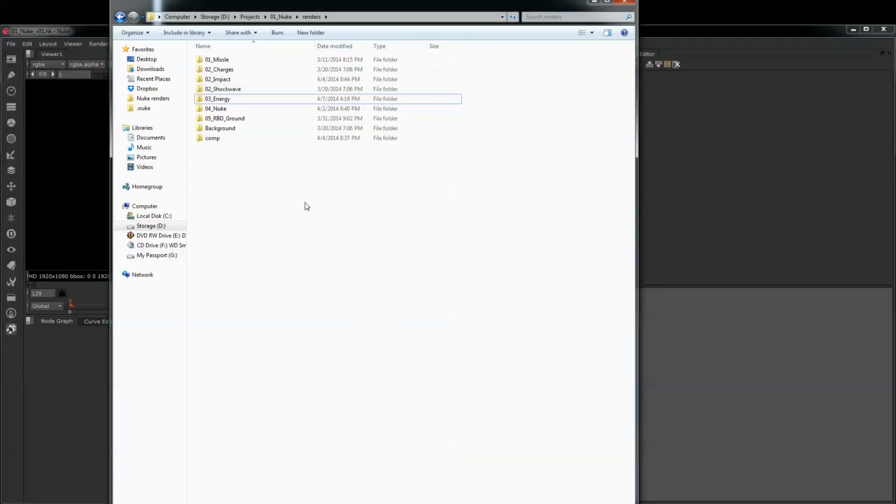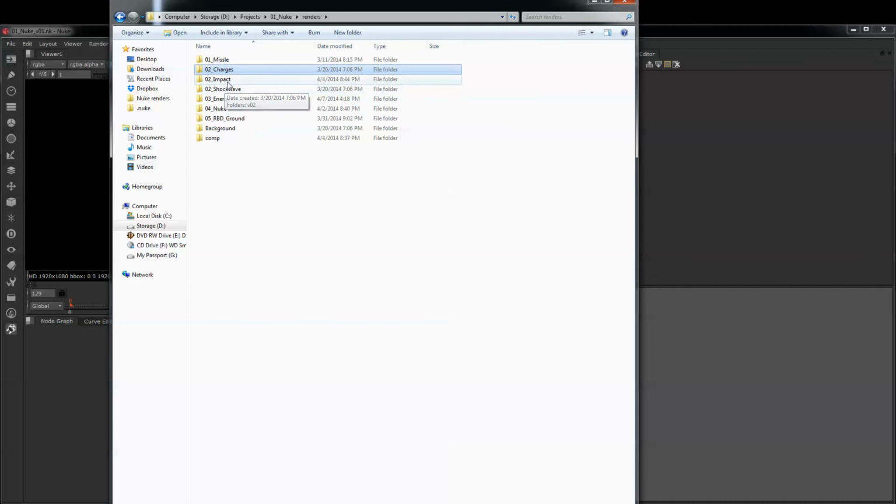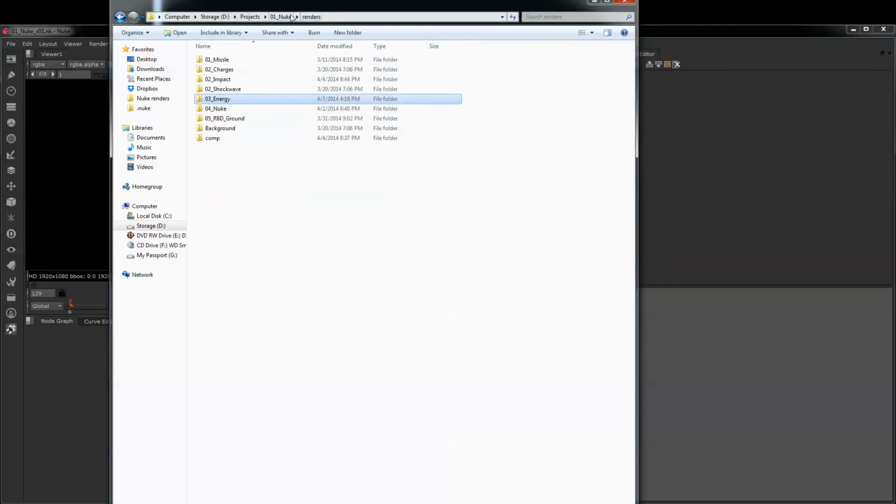So here is my project I'm working on right now, and I have a lot of elements. I have many elements in here. I have many, not so much in there. Many elements in here, and a lot of elements in here. So navigating